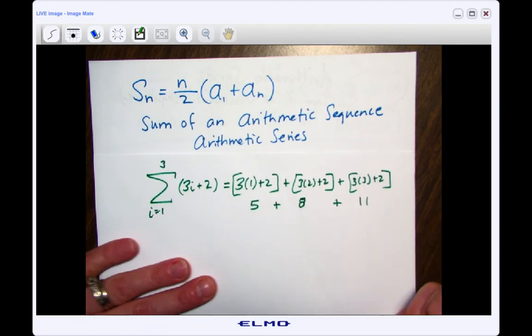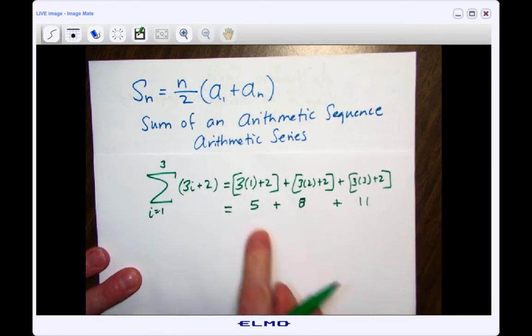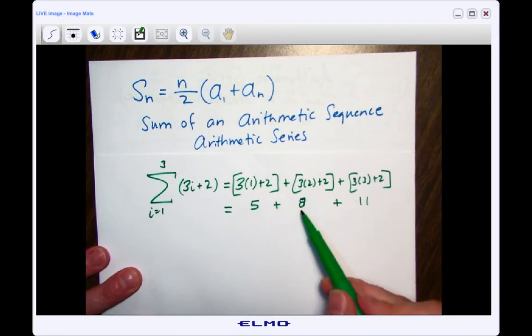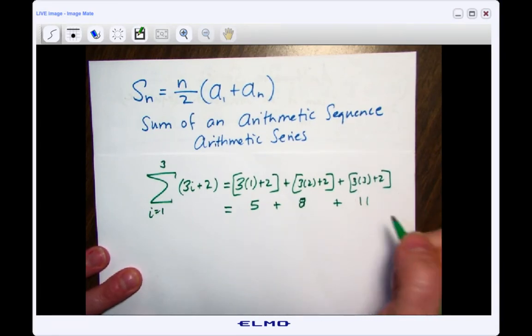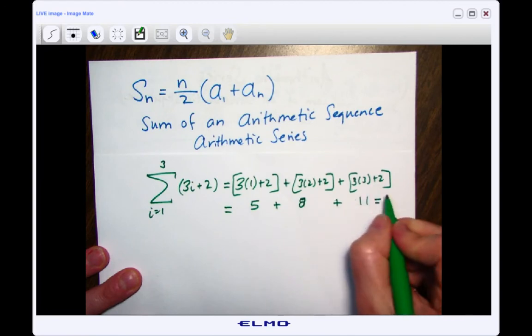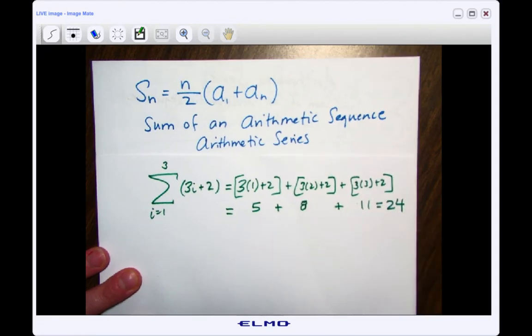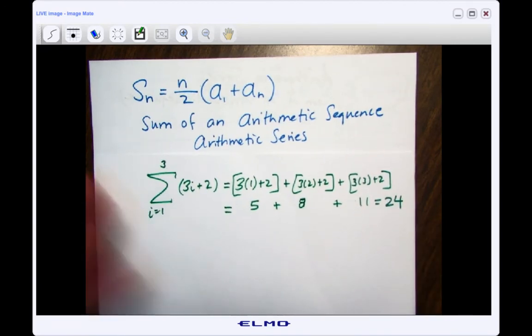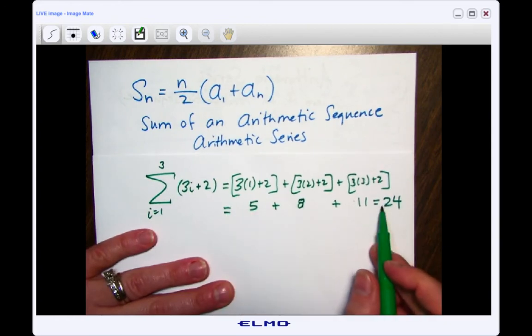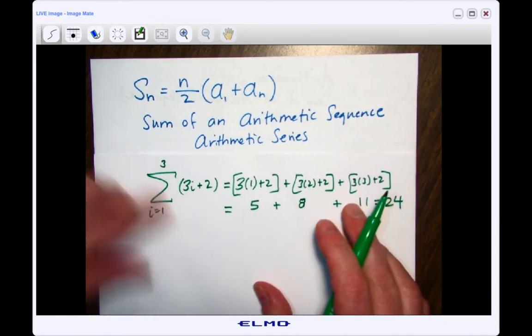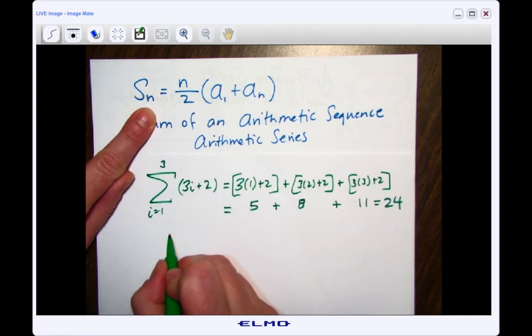So it's really adding up these numbers. So of course, what is this? It's 19 plus 5, so that is of course a 24. Okay, so the same way that I could have just added them together, since it was only 3 of them, it was pretty simple. The other way that I could have done this, I could have said the sum up